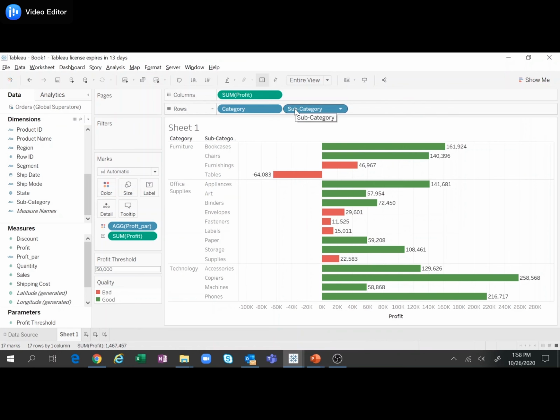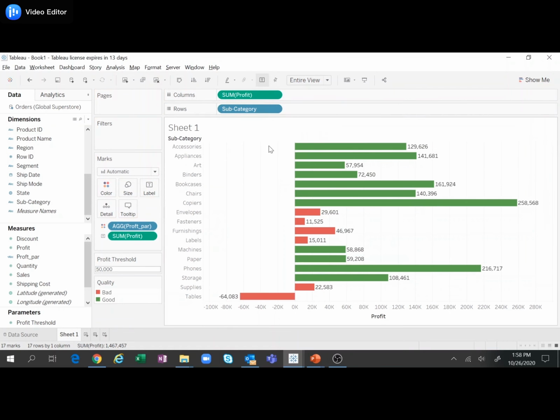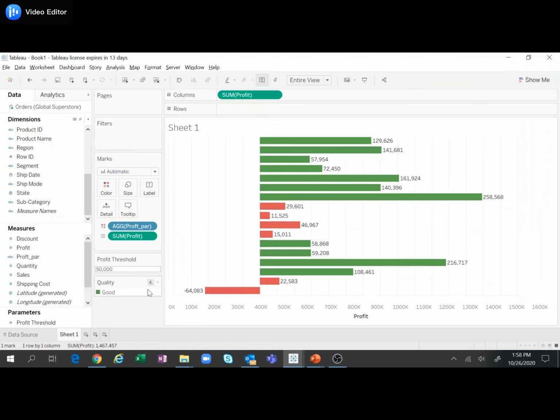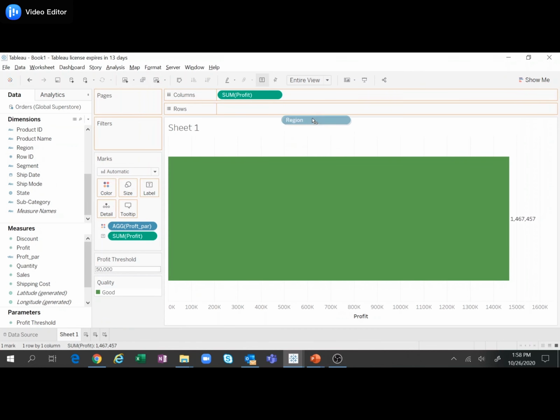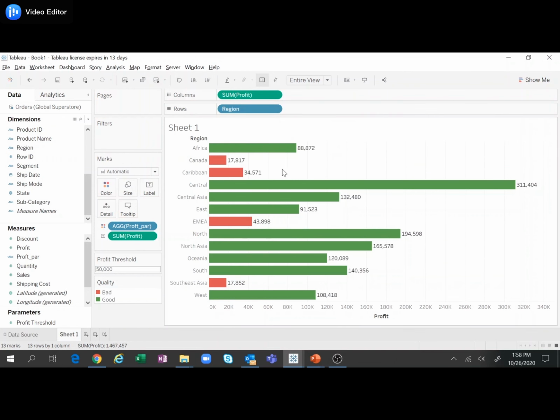One more advantage of parameters is that they are variable independent. In this case, if instead of category and subcategory I want to see the same thing for region, I can just use region here. For all the regions, it will classify them between good and bad based on this profitability threshold.